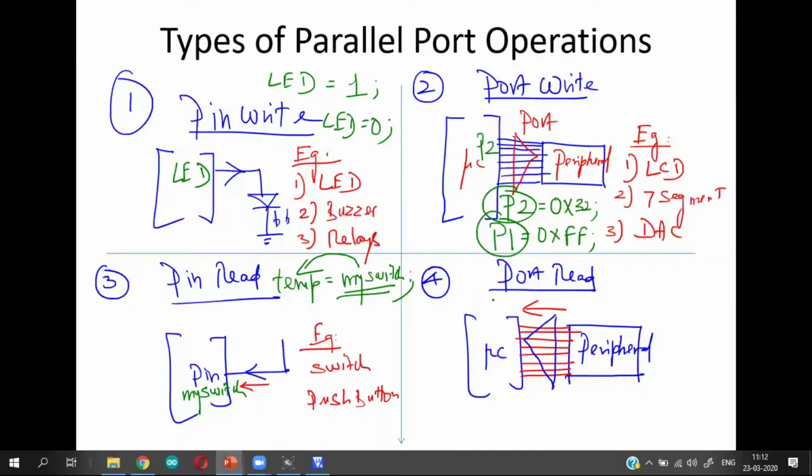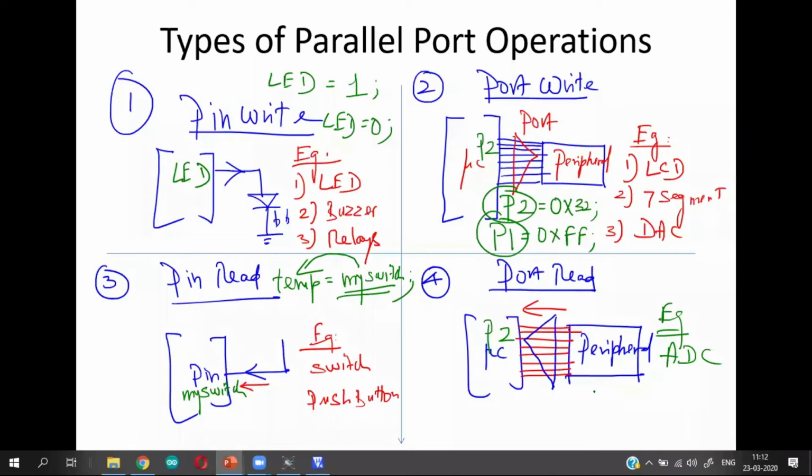The fourth functionality is port read functionality, where I am reading a value from one complete port. Let us say I have used port 2. For port read, the best example that I can give is an analog to digital converter, where I read an 8-bit value from one full port.